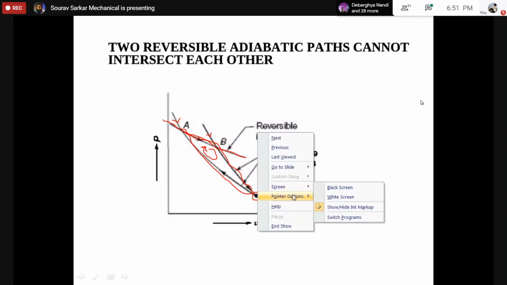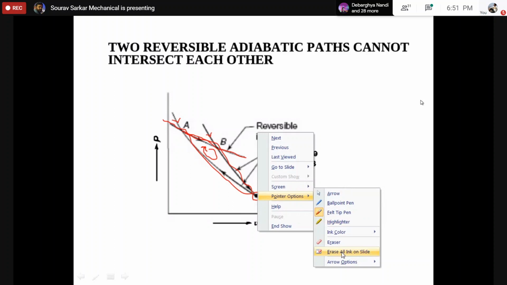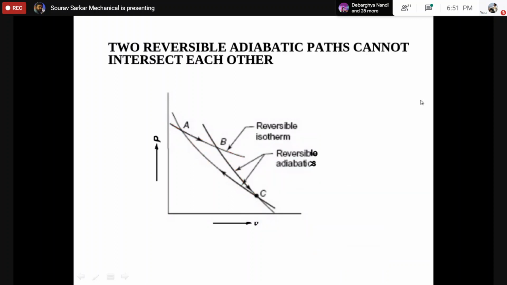Now what is the specialty of this cycle? The specialty is that in this cycle, this is an isothermal path, so it can absorb heat because it is not adiabatic, and this one is an expansion process because the volume is increasing, and this one is a compression process. And finally, due to this heat addition, you are getting some area under the curve. So what is the meaning of this area under the curve?